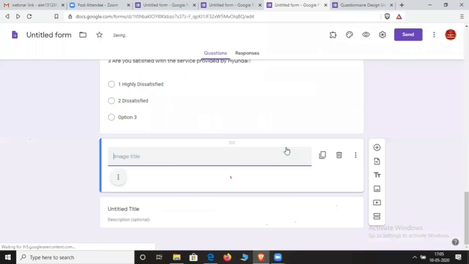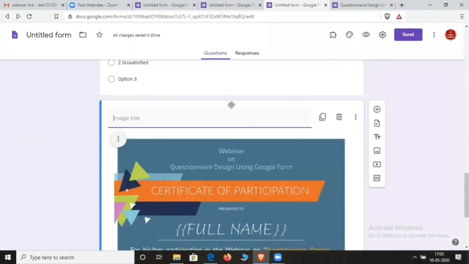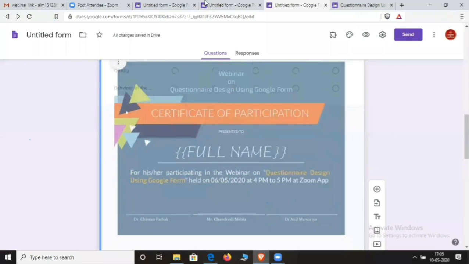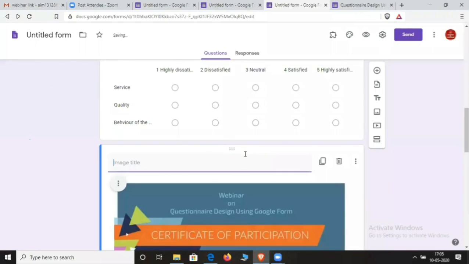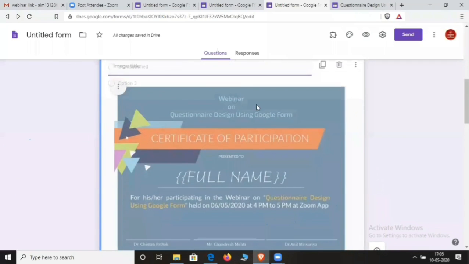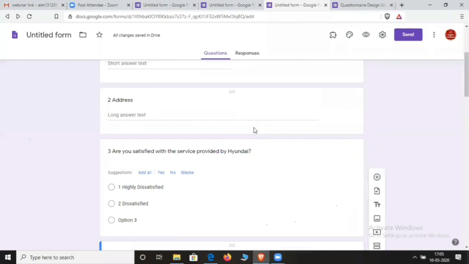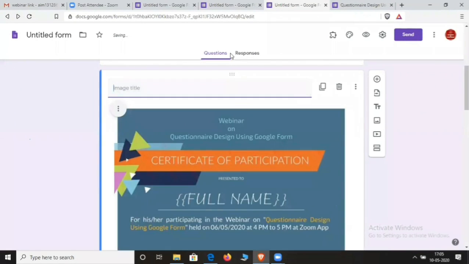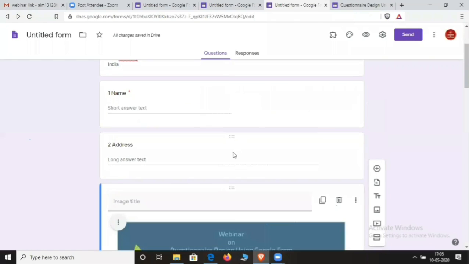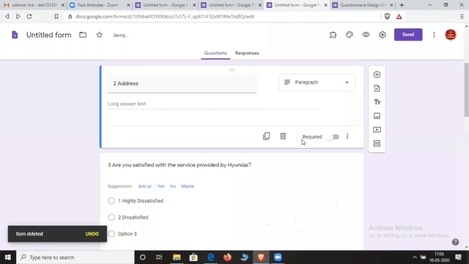Now you can see the photograph, and you can take it at the first position, at the starting point of the questionnaire. So this is the way you can use the add picture option to design your questionnaire, okay? I don't require it at present, no problem.